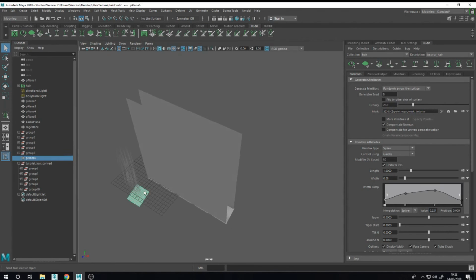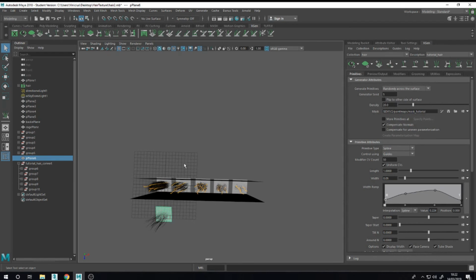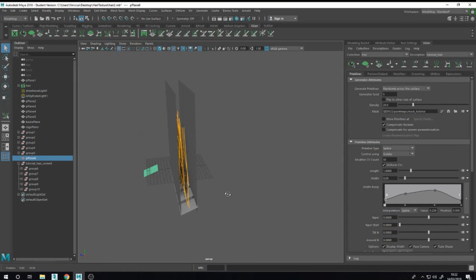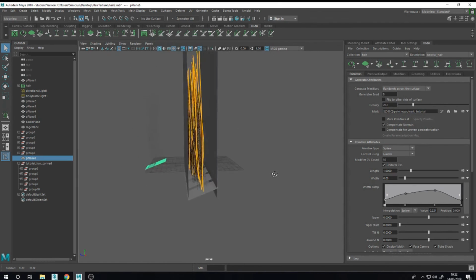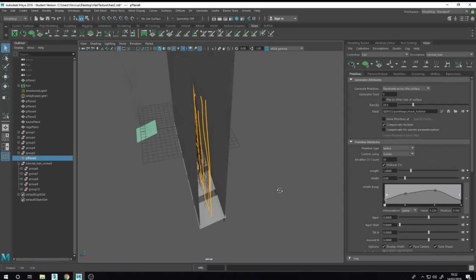I will leave it here. But you get the point. Create 5 steps, and in the next video I go to the X-normal and explain how to generate the final result with the textures.